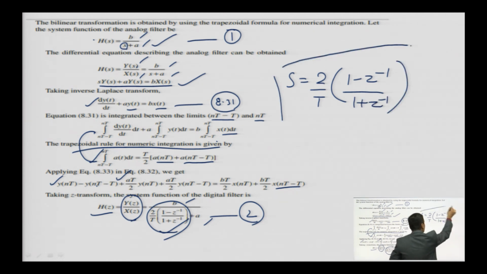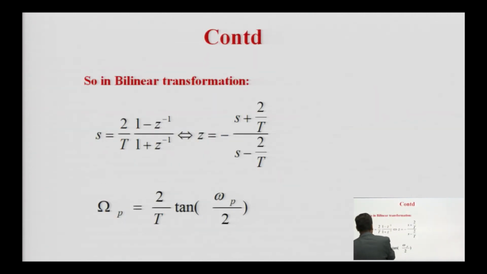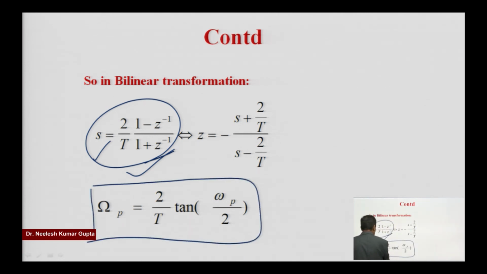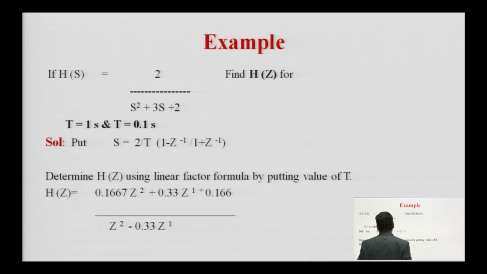So, only in the bilinear transformation method, whenever H(s) is given to you, then you have to put s is equal to this, and you will get H(z). Okay. So, I hope it is clear to everybody. This is the formula; you can convert by putting s is equal to this into the equation H(s) given to you, then you will get H(z) easily. And this is the relation I told in my previous PPTs between the analog and digital frequencies. Okay. In case of pass band, stop band, what you desire.